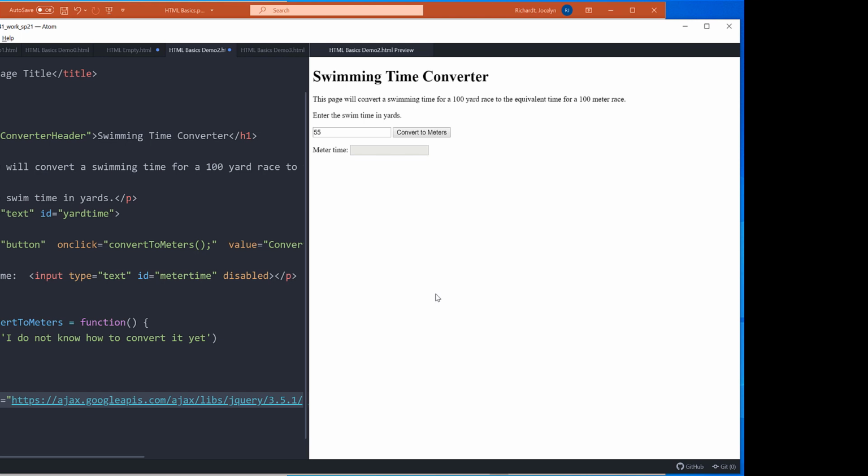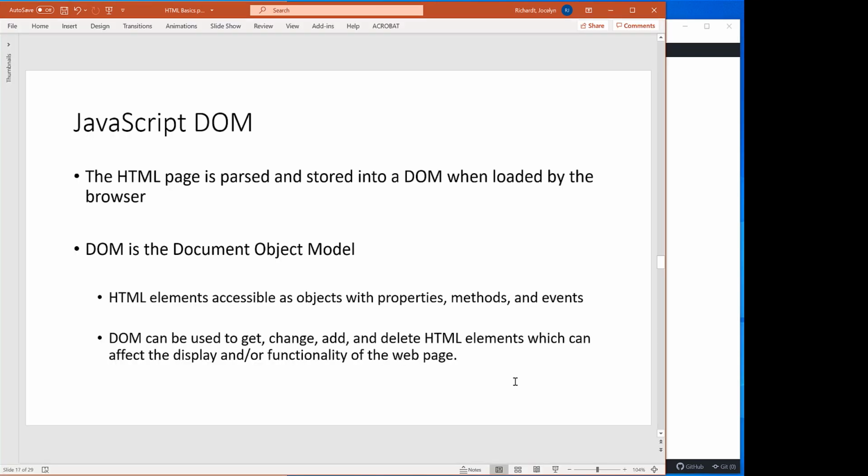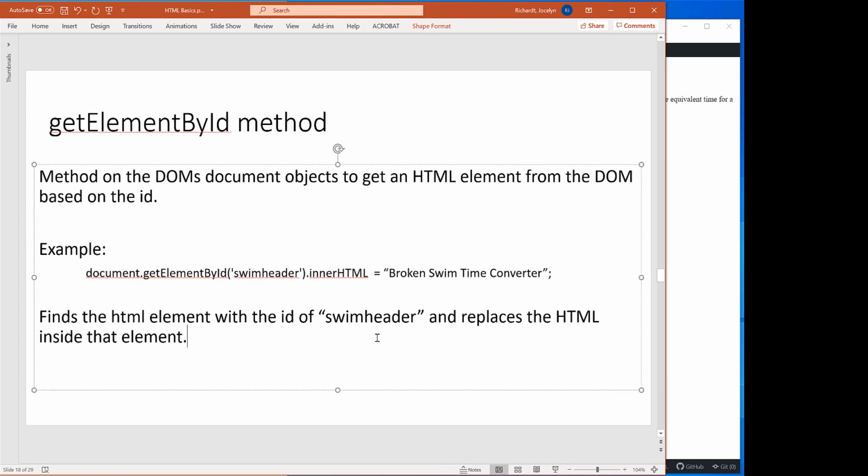It actually builds a whole bunch of JavaScript objects for you that you can access. And that model that it builds is called the Document Object Model, or DOM for short. Now, you don't have to remember too much about the DOM because the browser does it all for you. All you need to remember is that you can grab things off the HTML page from that DOM because it's been built for you. The browser gives us a document object that we can use to find any element on